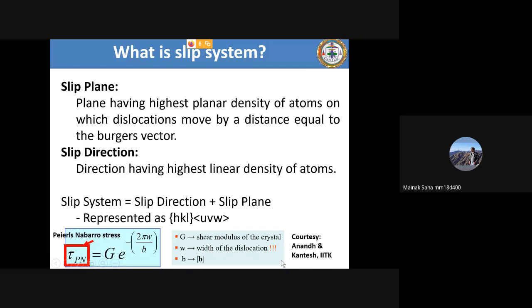Mu is nothing but the Poisson's ratio, and A is nothing but the spacing between the atoms in the slip plane. No, I'm sorry, I said the wrong thing there. So A is nothing but the distance between the atoms. Earlier I said in the slip direction, it's wrong. It is the atomic spacing in the slip plane is A, and B is nothing but the